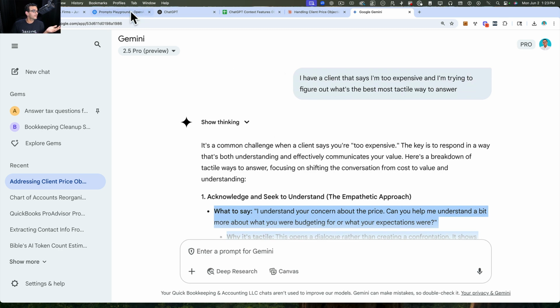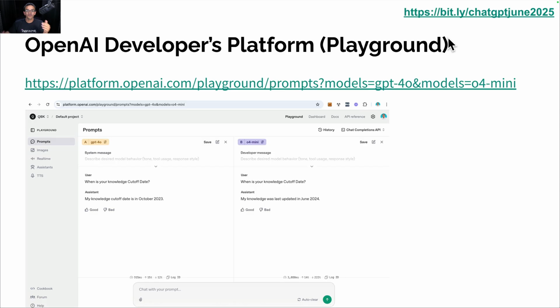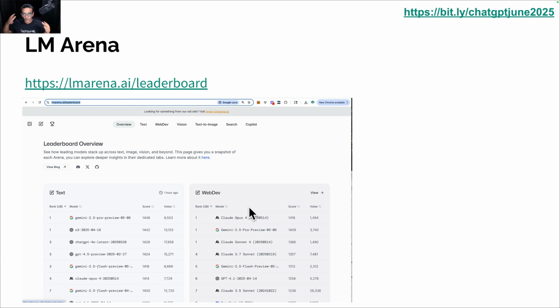So then the follow-up question to this, Hector, on top of the fact that I have to know within ChatGPT when I'm going to get one type of answer versus another, either a contextual answer or a non-contextual answer, I also have multiple models to choose from. How else do I keep track of all of the other models that are out there? Essentially what I recommend is you look at any of the websites that do leaderboarding. LM Arena is one of my favorites, and there's more than one.